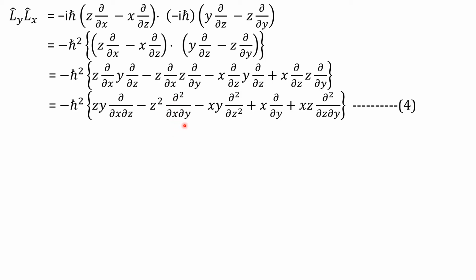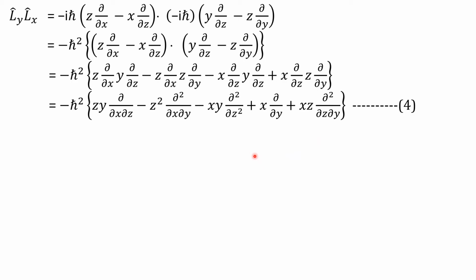In the same manner, similarly the third term we differentiate with respect to z of y of ∂/∂z. Now what is the simplification? Differentiation of y with respect to z is 0. And in the second case, y is taken constant, we only differentiate the second term. Therefore, we write minus xy ∂²/∂z² plus x ∂/∂y. Why do we write x ∂/∂y only? Since differentiation of z with respect to z is 1. Hence, we write x ∂/∂y. But differentiation of ∂/∂y with respect to z gives xz ∂²/∂z∂y.